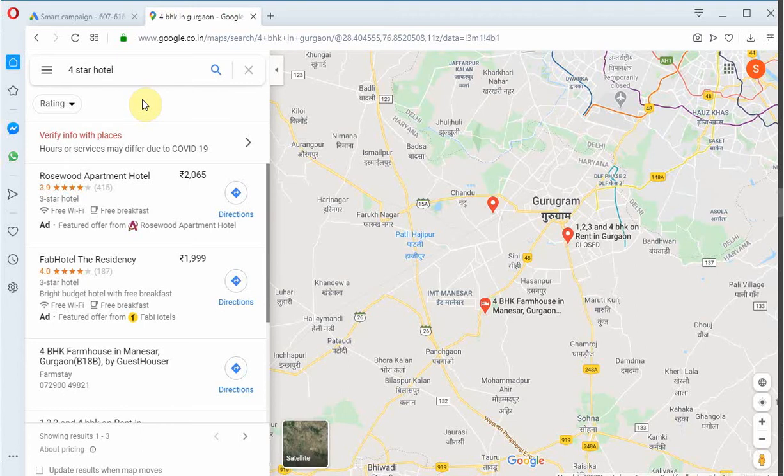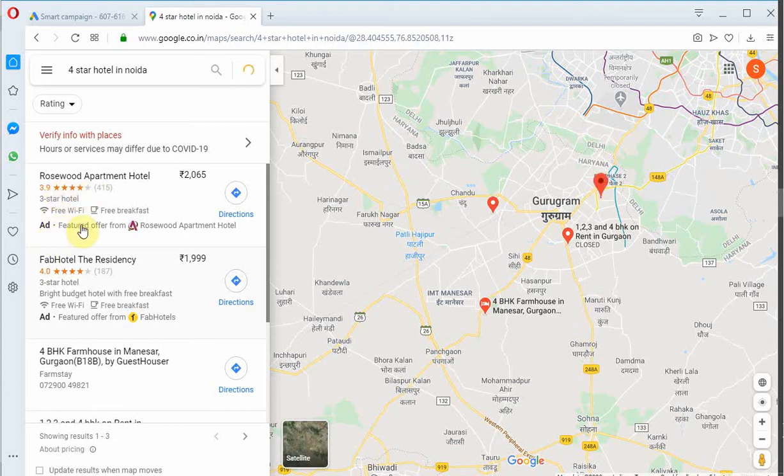So with different examples we are watching where the ads are running on Google Map. We already saw one ad, 4 BHK in Gurgaon. This is the example in front of you. Such ads will be visible.